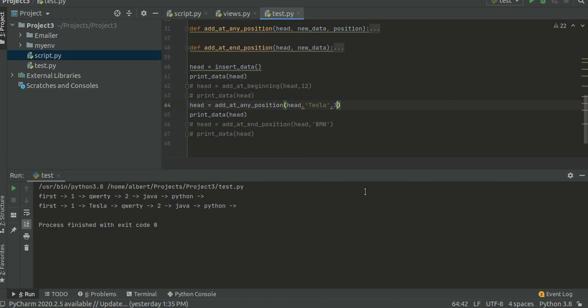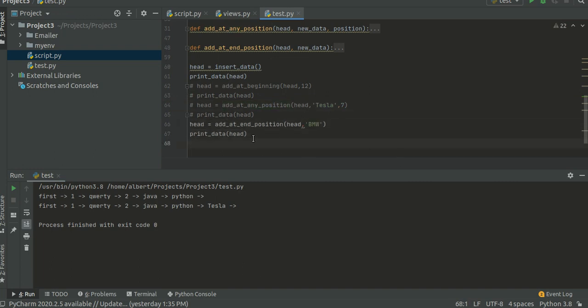Now if we do position 20, the size of the list is 6. Only 6 elements are there. Still we have done 20. Then what will happen? It will insert it at the end. And if we do position 6, then it prints just one step back, the place of Python. If you do 7, then it prints at the last. Yeah, so that's how it looks.